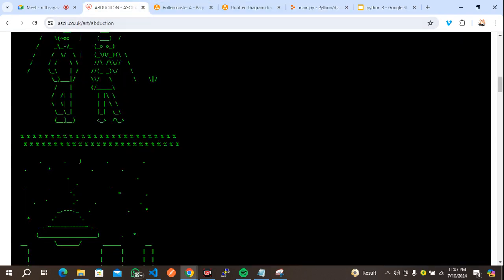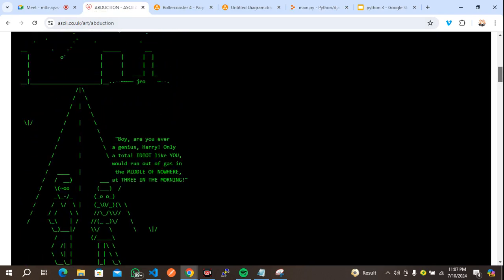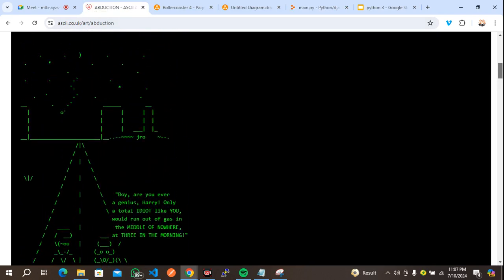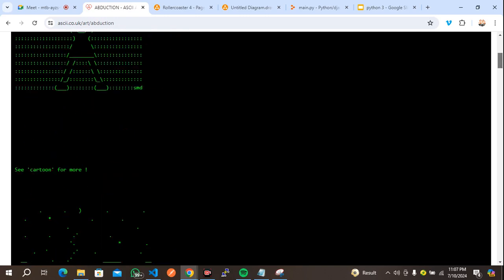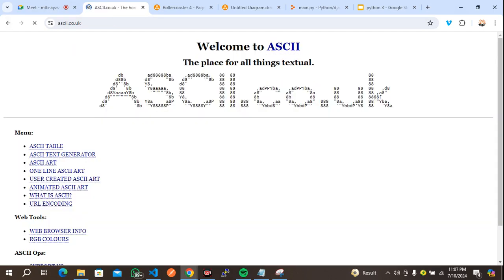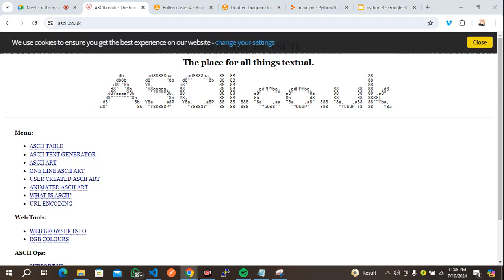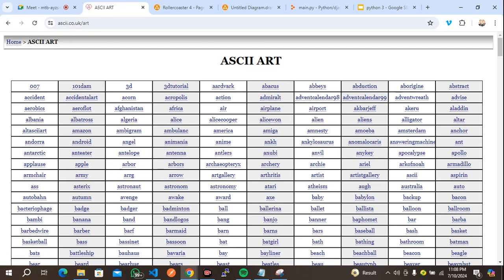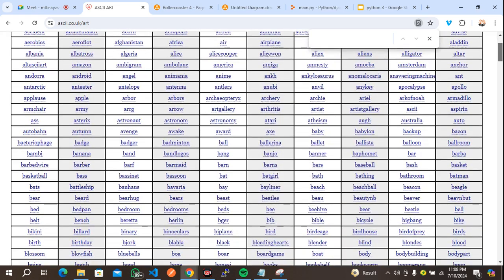So if you come to this website, this is where you can choose any kind of symbol that you need, right? It's called action.uk. So let me look at action art. Then this action art, let me see if I can see anything like vote. Like vote. Okay, let's have